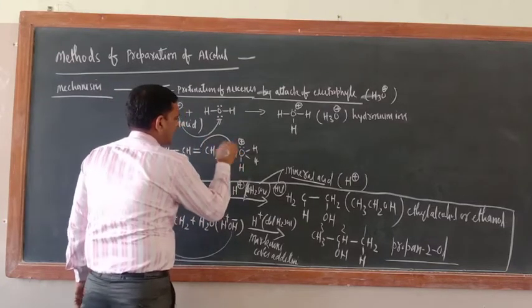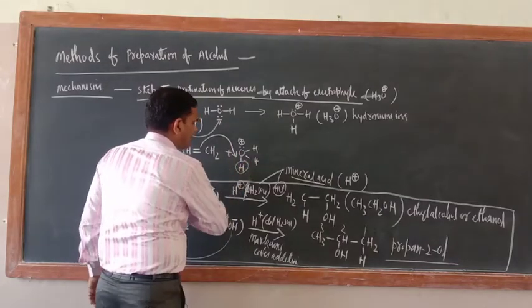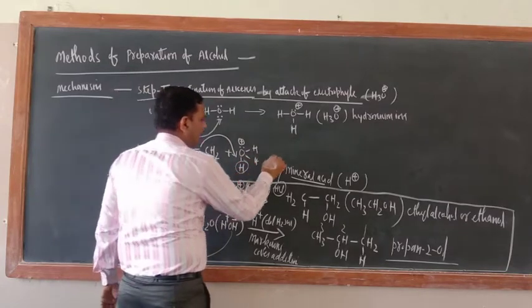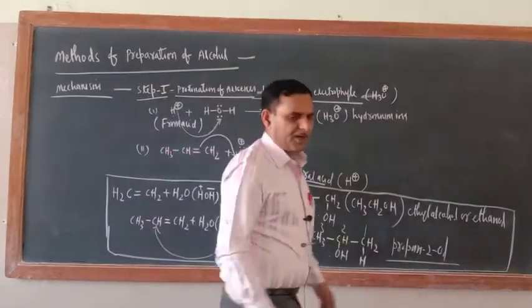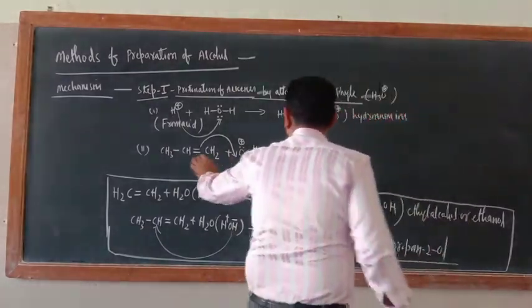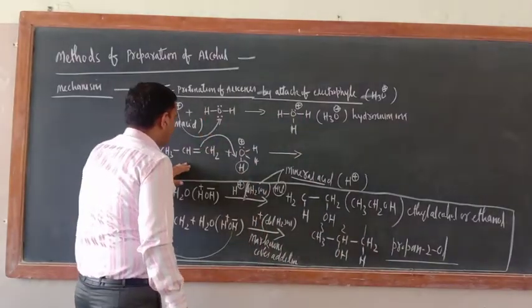The alkene will attack here, and it will abstract one proton. Any proton it can take, but it is better to take this proton. Then what would be there? I took this one, but you can take a common example also, there is no issue.